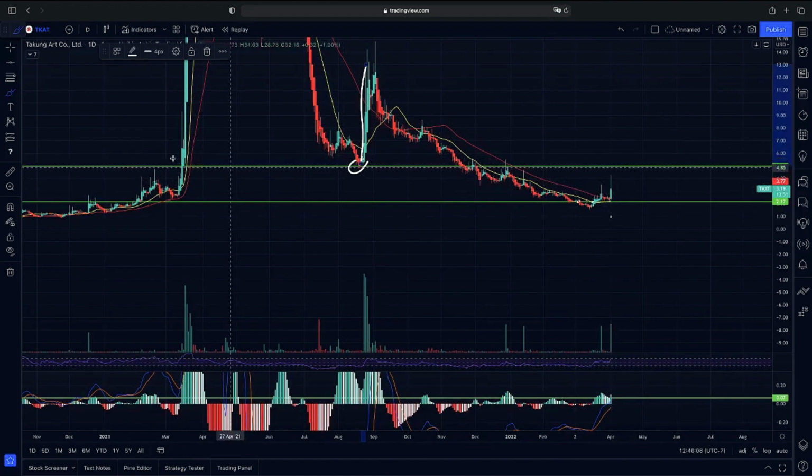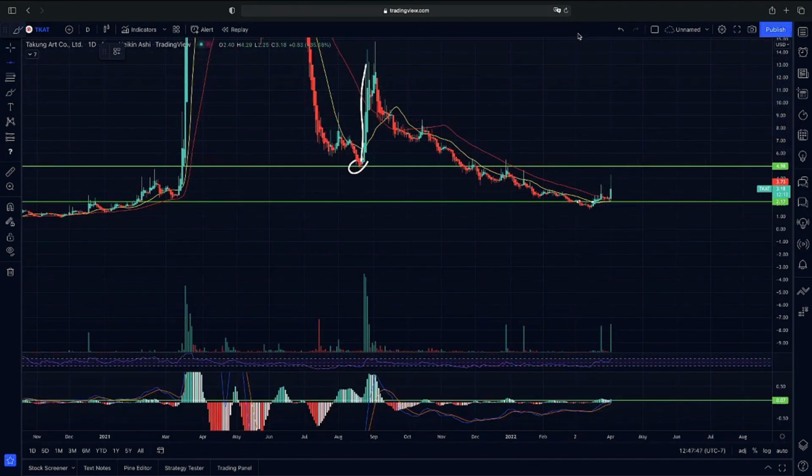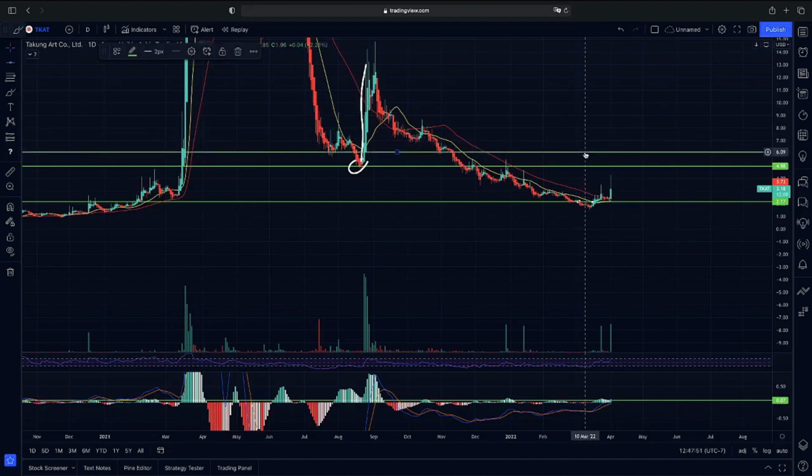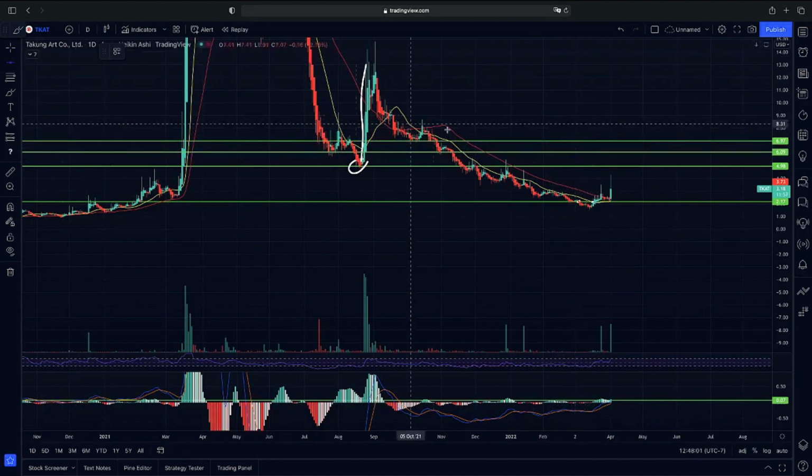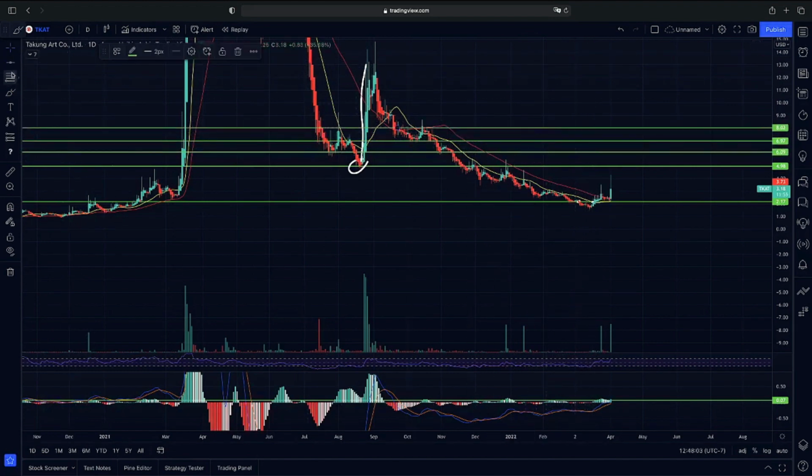so that way if we do break above it and we do get that increase in buy pressure on the MACD as we always are looking for. So if we can continue on past $5, then I would be looking for a possible gap up here to $7. And if we can continue on past $7, then we could see $9 and then our $10 psychological resistance. And if we can break over 10, then we could have a major gap up into these previous gap downs